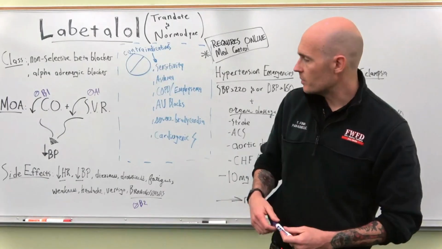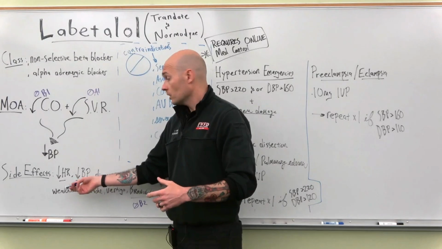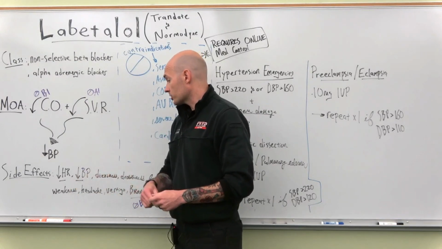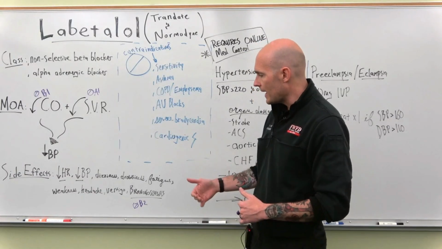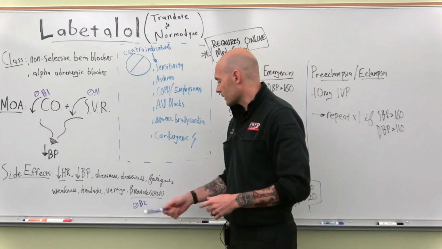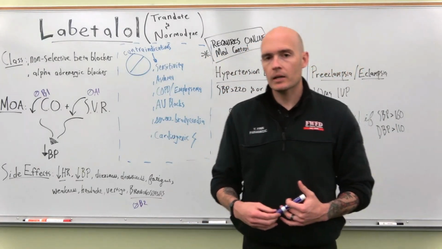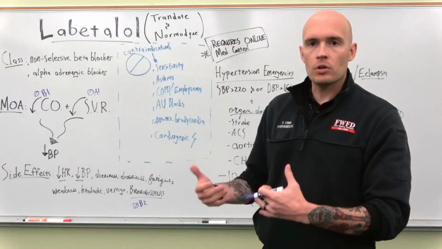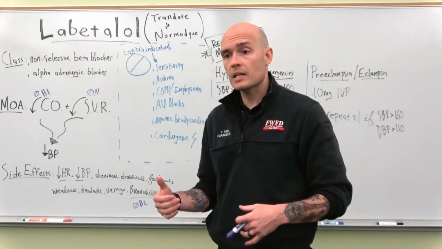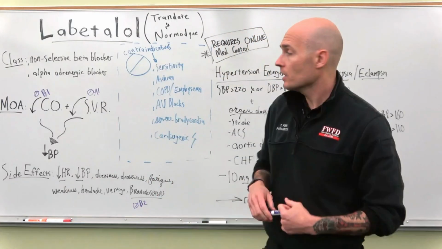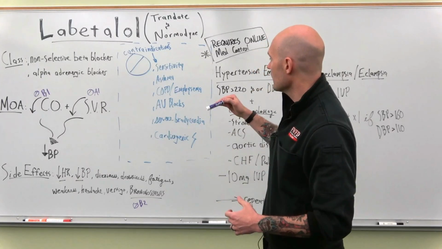Some byproducts of this medication, or potential side effects, are reduction in heart rate, reduction in blood pressure, dizziness, drowsiness, fatigue, weakness, headache, vertigo, and bronchospasms. Just a note here, again, this is a non-selective beta blocker, so some collateral effects are potentially bronchospasms, which is a good segue into our contraindications, and we'll lead off with asthma patients, patients experiencing COPD, and